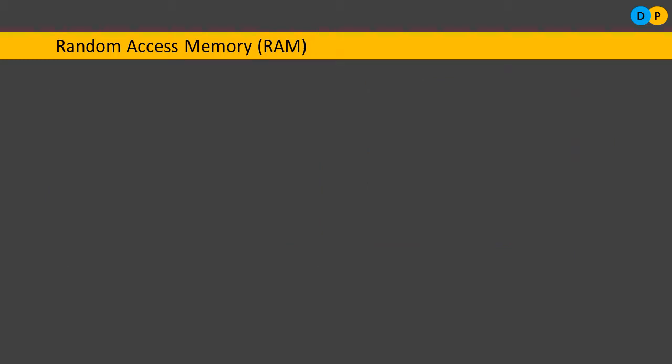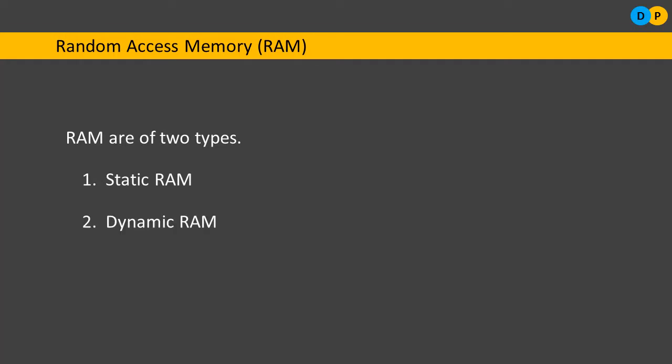Next, let us study the different types of RAM. There are two different types of RAM. The first one is referred to as static RAM and the second one is dynamic RAM. So what is static RAM? It is a type of RAM in which the content stored will be preserved until power goes off. Static RAM is a type of RAM in which content will be preserved as long as the